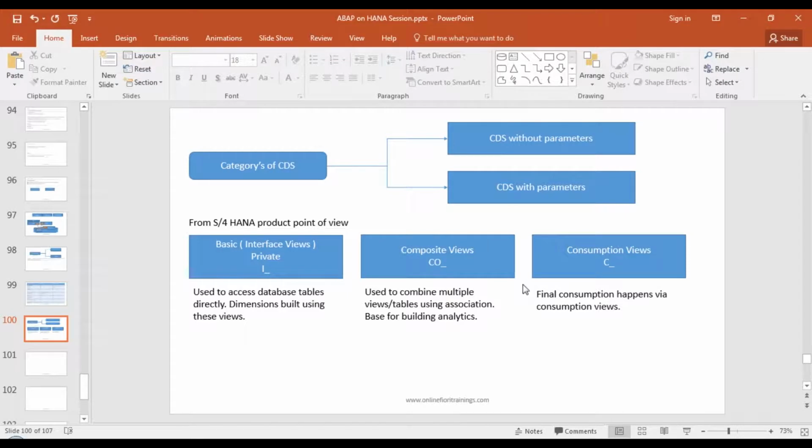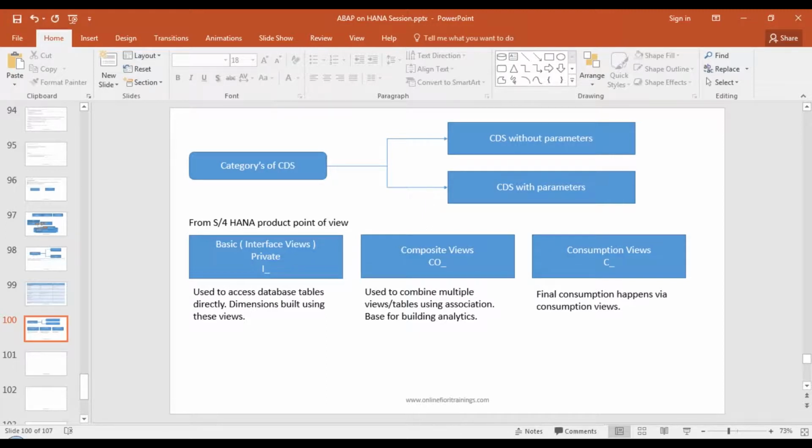Those who are not working on ABAP on HANA, try to adapt this methodology to get a very good design, because S4HANA is all about best practices, best designs, best industry solutions built into the product. For your information, by 2025, all the SAP customers have to migrate to SAP S4HANA. This has been announced, and every company has to do the migration.